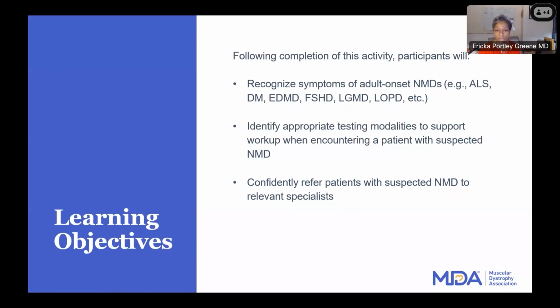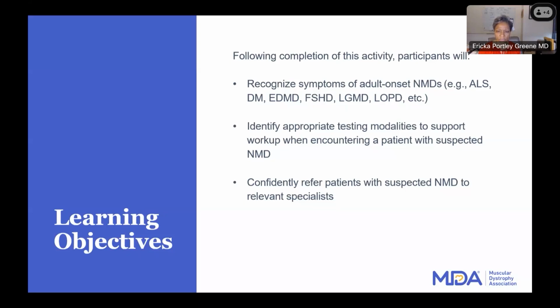I'll go right in and talk about our learning objectives, which, as you see on the slide, are to recognize the symptoms for the most common adult onset neuromuscular diseases, including ALS, myotonic dystrophy, Emery-Dreifuss, facioscapulohumeral dystrophy, limb-girdle muscular dystrophies, and others. You'll see a lot of acronyms, for non-neurologists as well as neurologists, and we'll explain those. Many of the diseases we'll talk about are the most common that we come across, and a lot of the content can be applied broadly when determining if a patient has a